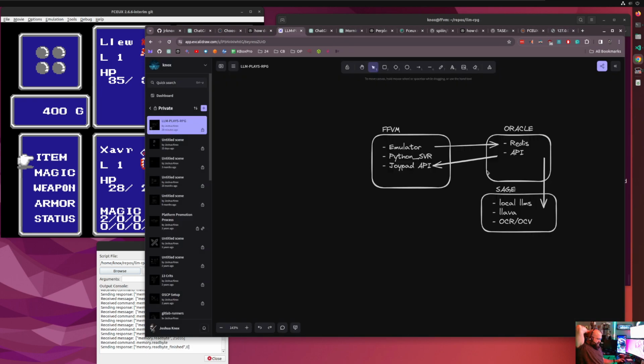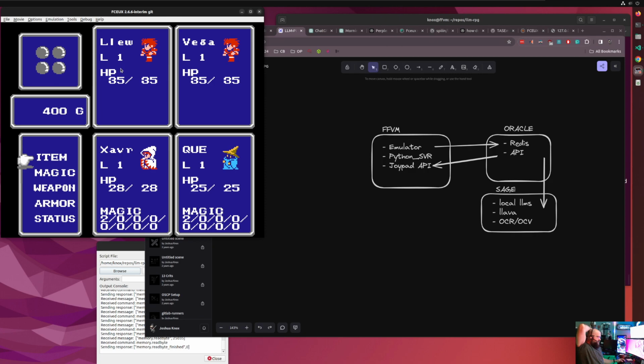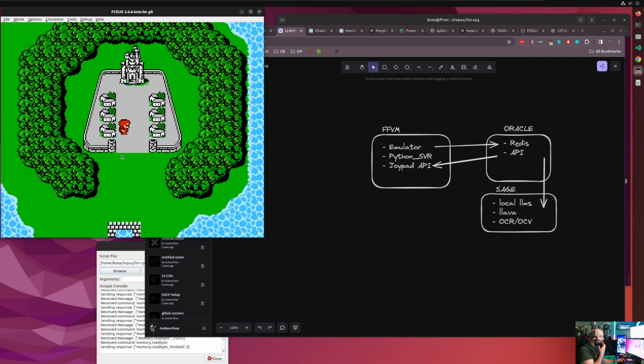I want to get a little more data about our people. I want to get their hit points. I want to get their magic points. It'd be nice to be able to grab their gold. It's not essential right now. But we need to be able to get that stuff and the coordinates. And then once we get the, was it B or D? There we go. Once we get the coordinates, the hit points, the magic points, and where we're at, we can